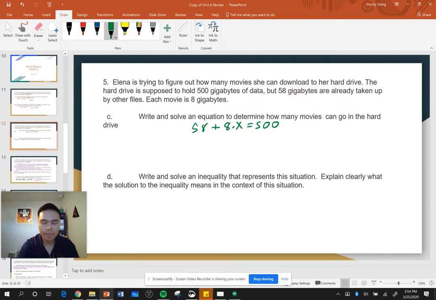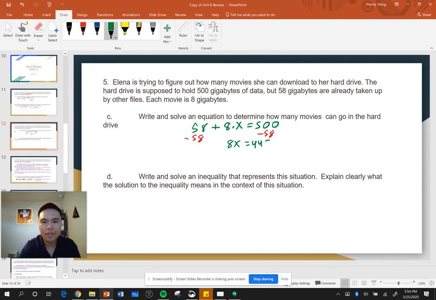Looking at this, I got to solve this by saying 58 plus 8x. I got to subtract first, right? You start with everything outside that's not connected to the x. So I should subtract first, and I get 8x, and that's equal to